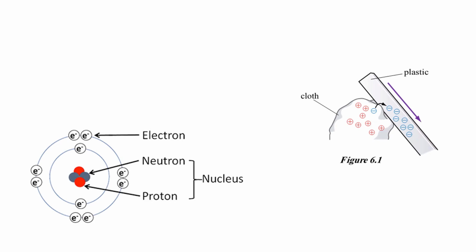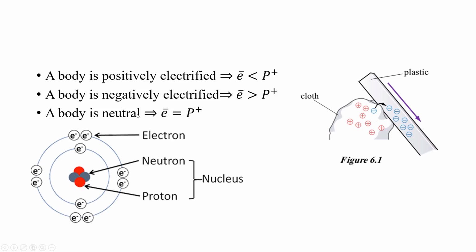So what is static charge? You know that every non-living and living thing is made up of atoms. And what is an atom? An atom is basically made up of three particles: the negatively charged electron, the positively charged proton inside the nucleus, and the neutral neutron inside the nucleus. So this is basically the structure of the atom, and this structure is responsible for the creation of all living things and non-living things.